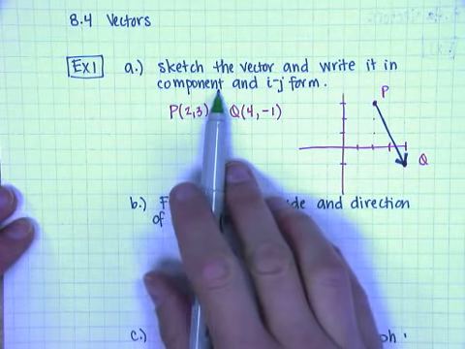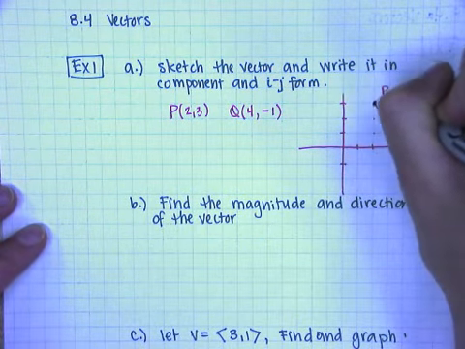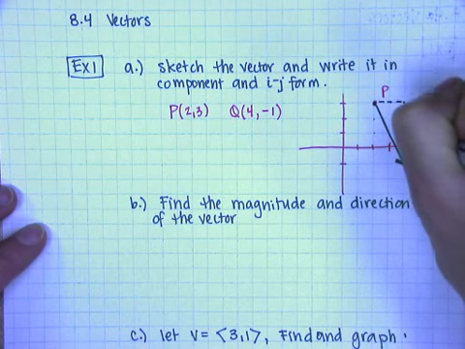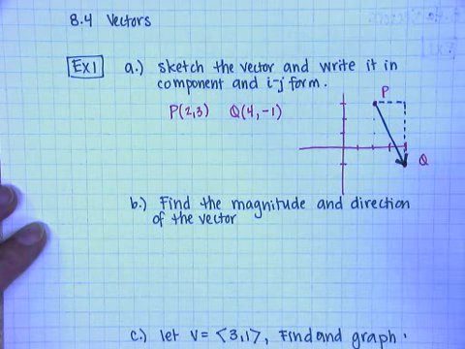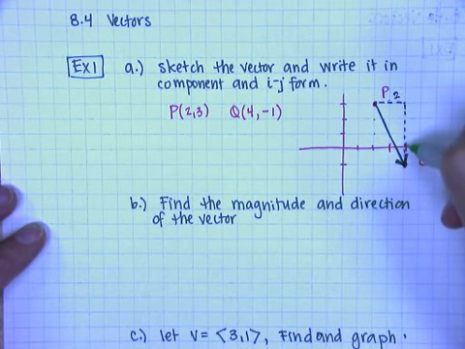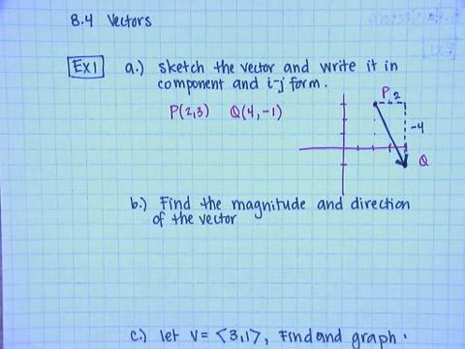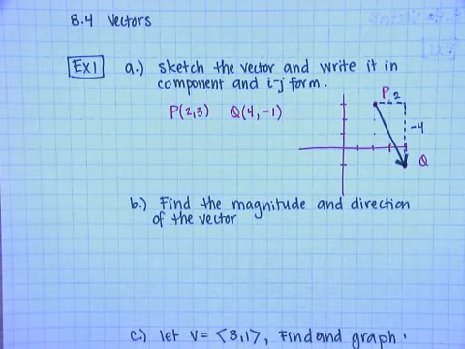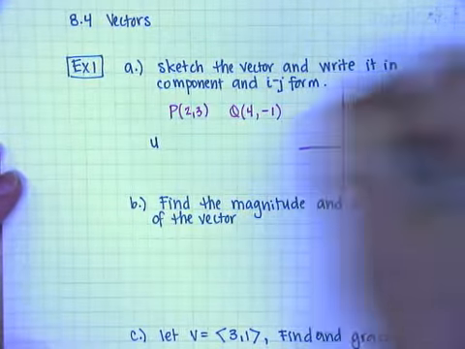So now to write this in component form, what we would do is figure out how far did we go over and how far did we go down. And if you have nice graph paper and you drew the picture accurately, you can just count. I went over 2, and I went down 1, 2, 3, 4, so that would be a negative 4. If you didn't have graph paper, or if you were dealing with numbers that were so big that you couldn't deal with them, then the component form of the vector, let's call this vector u,